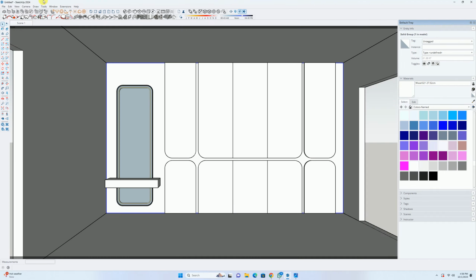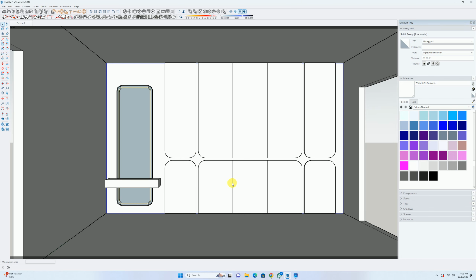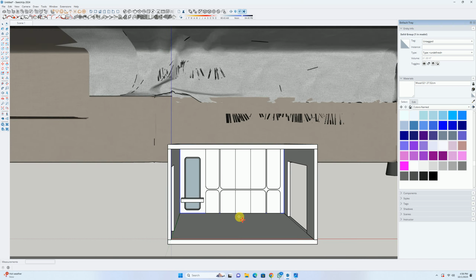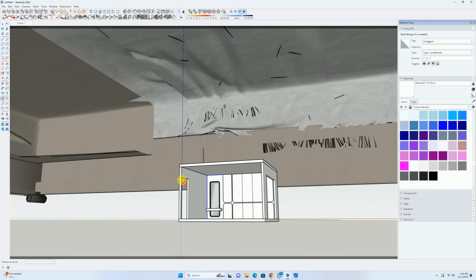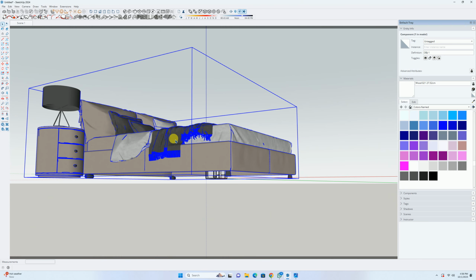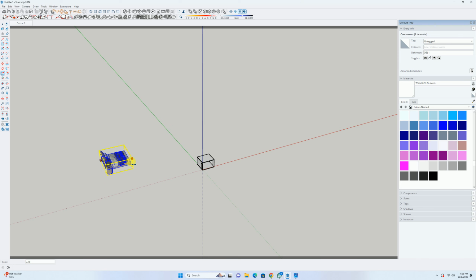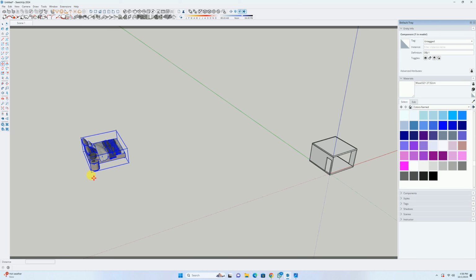Okay. So I'll load this material, import this bed. Now you can see that this is a quite large size bed. So we'll scale this bed because it's not coming in proper size. We'll scale this bed furniture